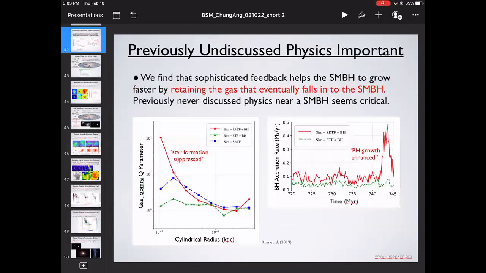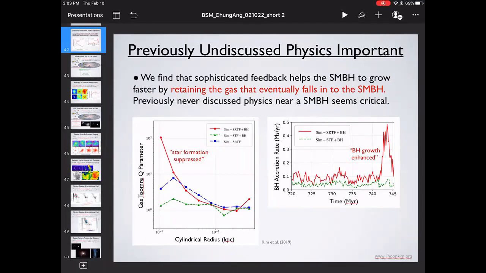No, that's actually a really good question. When I talked about black hole mass or the black hole accretion rate in this simulation, I have to admit that we cannot resolve the event horizon of the supermassive black hole. Even for the largest supermassive black hole that exists in the world, we cannot resolve its event horizon because we want to both resolve